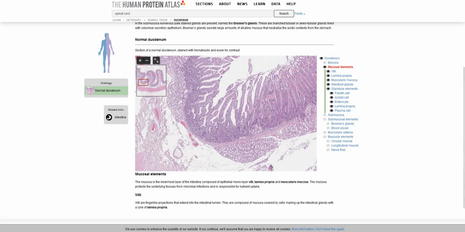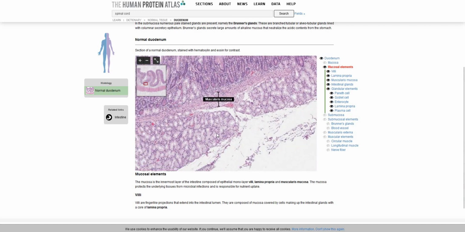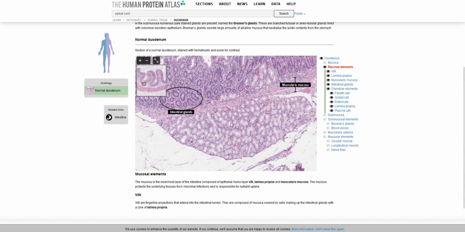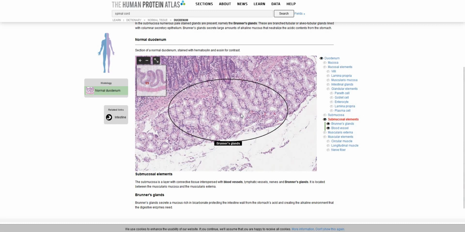If we move a little deeper now, we get into the submucosa, and this submucosa is very busy. We have these additional glands called duodenal glands, or sometimes you'll see the term Brunner's glands. In this case, the Human Protein Atlas calls them Brunner's glands. But these are going to secrete mucin, and their main function is to protect the small intestine tissue from